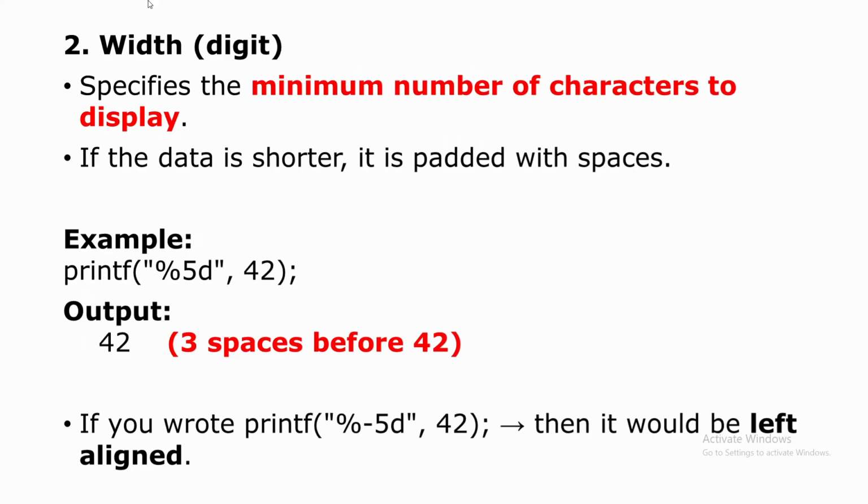Look at another example. printf("%-5d", 42). If you write printf like this, the minus sign tells the computer to place the number on the left side, so the blank spaces appear after the number. This feature is very useful when displaying tables like student marks, employee salary reports, product lists, where all values should